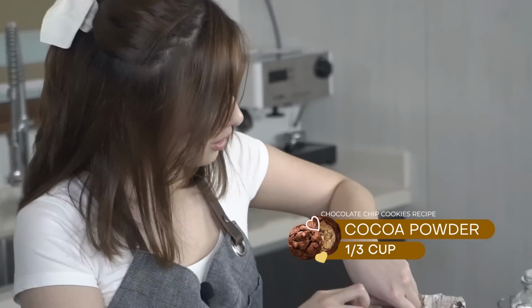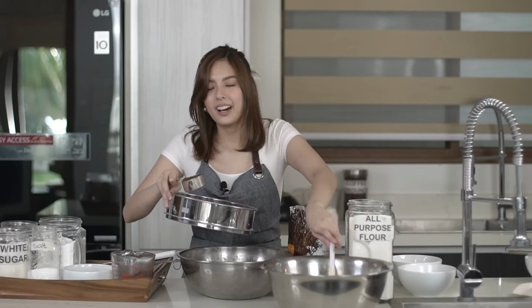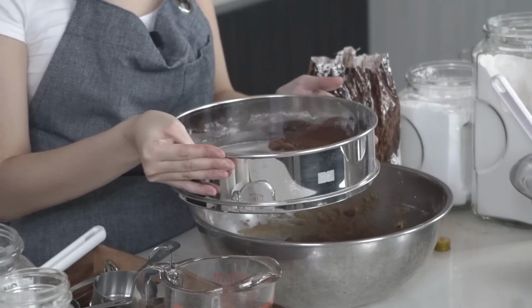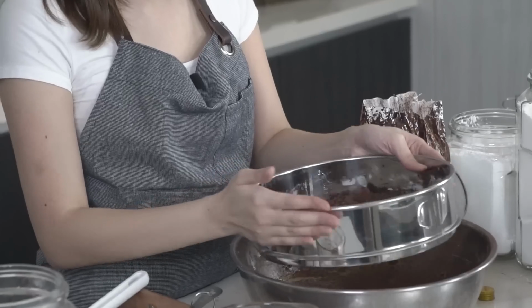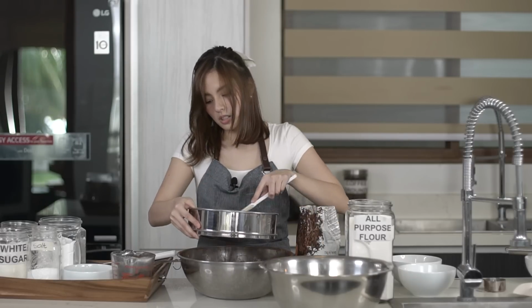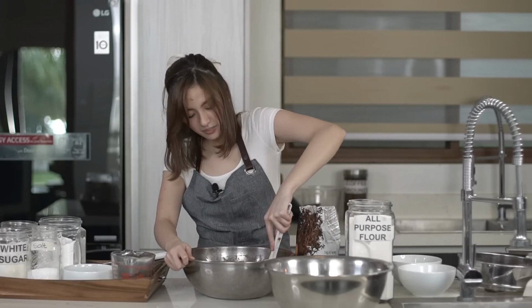So you're gonna try and use 1/3 cup of cocoa powder. This is going to make it super chocolatey because aside from the chocolate chips, we have chocolate cookie dough. Ayan. So I'm gonna use my sifter to make sure that there are no buo-buo. And then we're just gonna sift. Ganito kadami yung mga buo-buo na mahihirapan kayong ihalo into your cookies. So super important talaga na mag-sift kayo. Ayan. So I'm gonna grab my spatula and I'm just going to sift everything. Ang itim. Okay, so now that we have sifted our cocoa